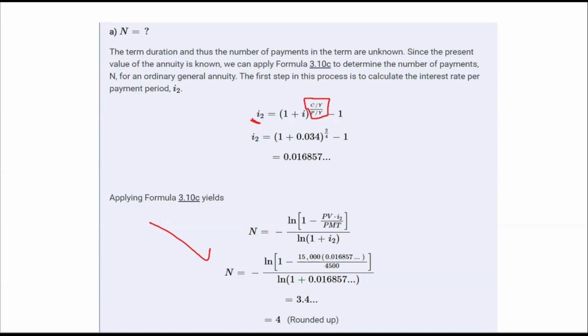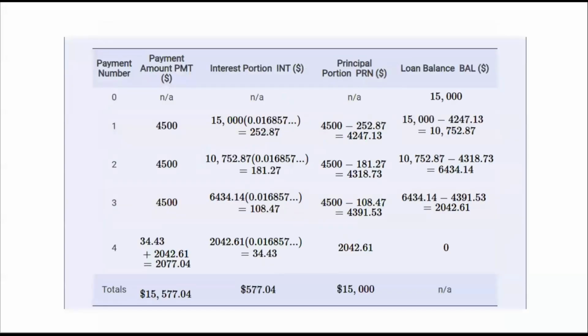Good. So let's see how we will make up the schedule. So you got a number of payments. Notice, that should be evident in the schedule as well. Let's see. Good. So what did we say? 1, 2, 3, 4. Yeah, we got 4, right? Yeah. So notice